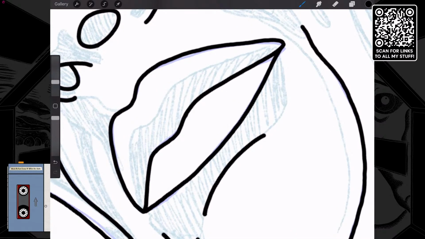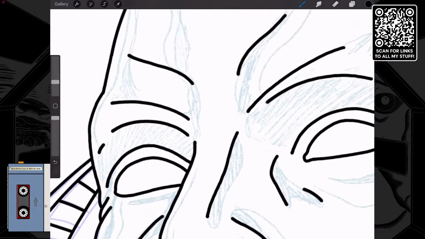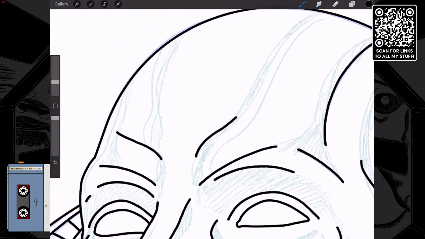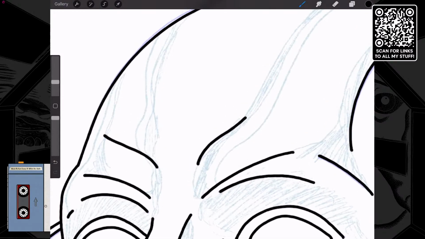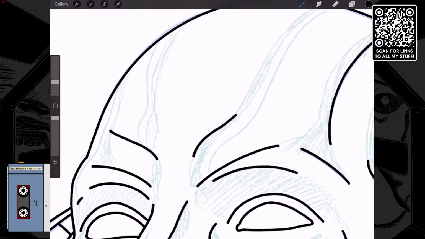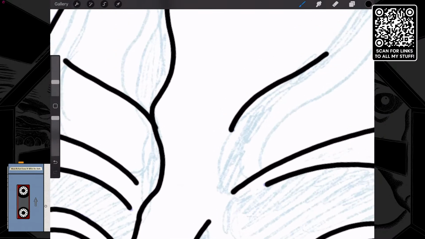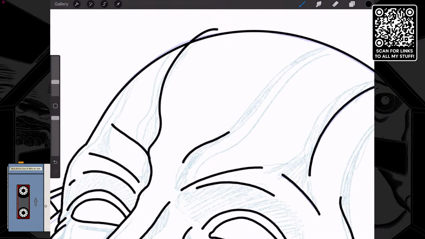So I'm not quite sure how I'm going to do this exactly. I'm going to follow these lines, but I don't know what the ultimate color is going to be of these. Because again, with metal, you're not really doing traditional shading, not the way you would on an ordinary picture. So you have to do these kind of swirly lines, and I don't even know how to describe what it is, but it's not just normal shading. It's its own weird thing.